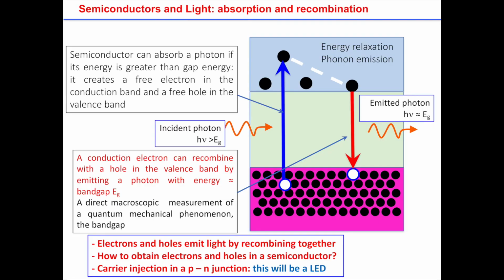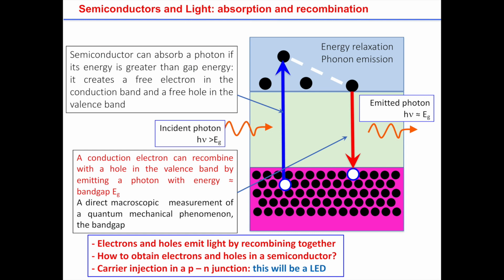So now the next thing we just need to know is there's another way to put electrons and holes in a semiconductor, which is to shine light, and then you can excite an electron from the valence band to the conduction band. This is an absorption process. You absorb light. You transfer energy from the photon, from the light, to the semiconductor by exciting an electron in a higher energy level.